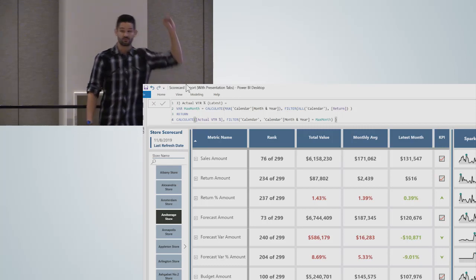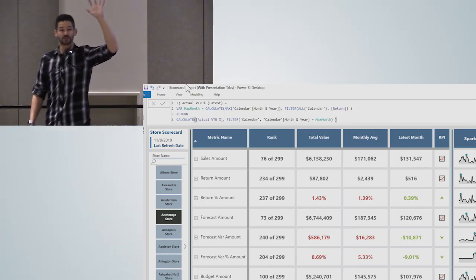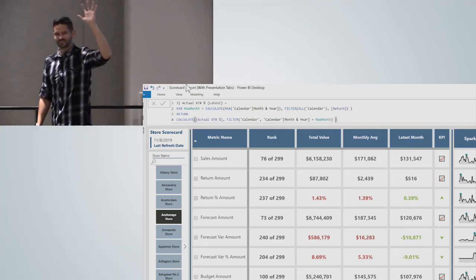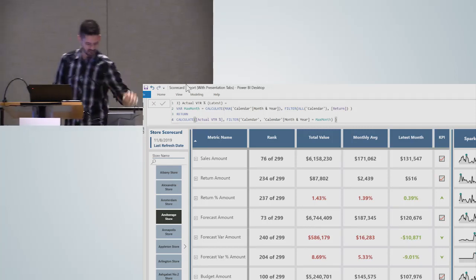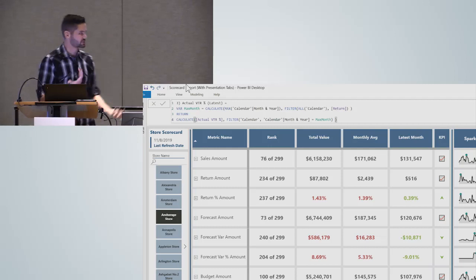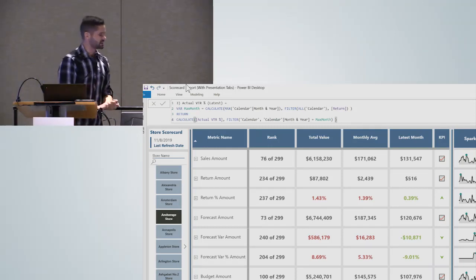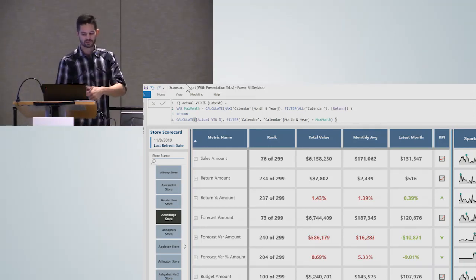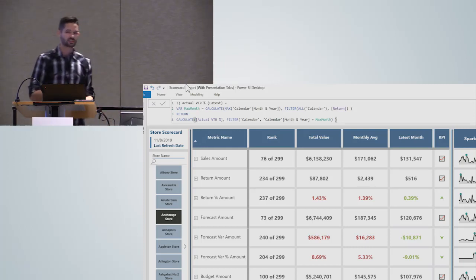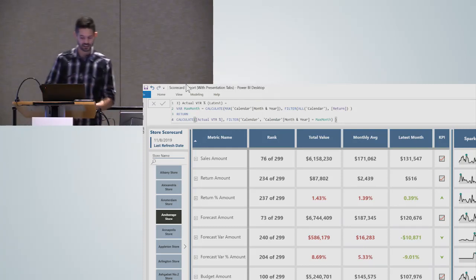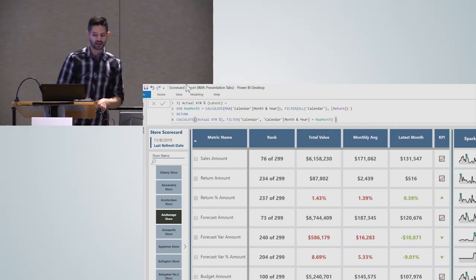How many people have worked with variables? More people have worked with variables than X functions. Okay, I thought they would have been about the same. Interesting. Yeah, variables are amazing. They came out in Excel with Excel 2016 or so, and in many ways they help to make things more readable. A variable essentially acts as a temp table when you're writing DAX measures, so it caches the data. You'll see that aspect of it in one of the further measures.